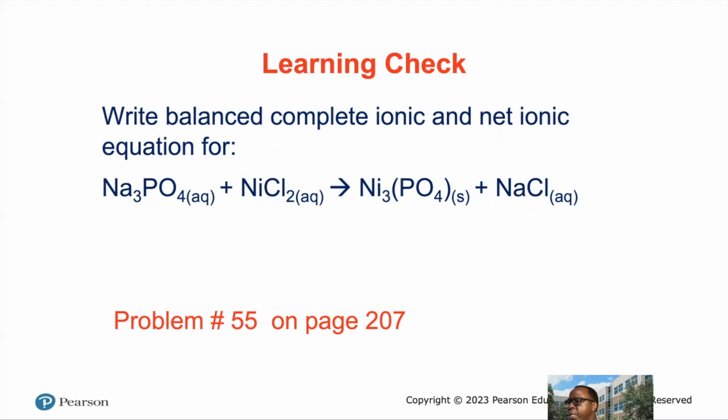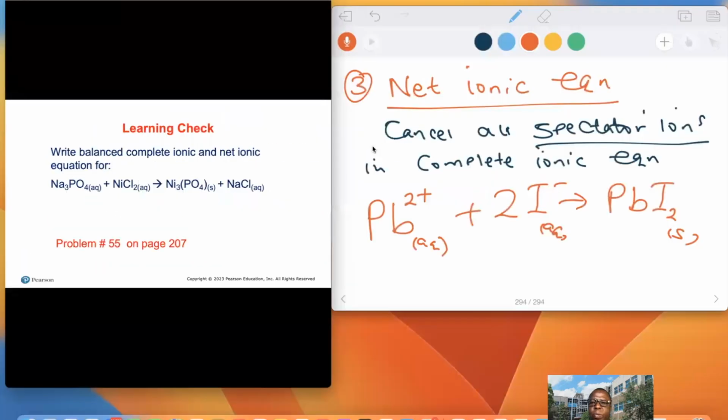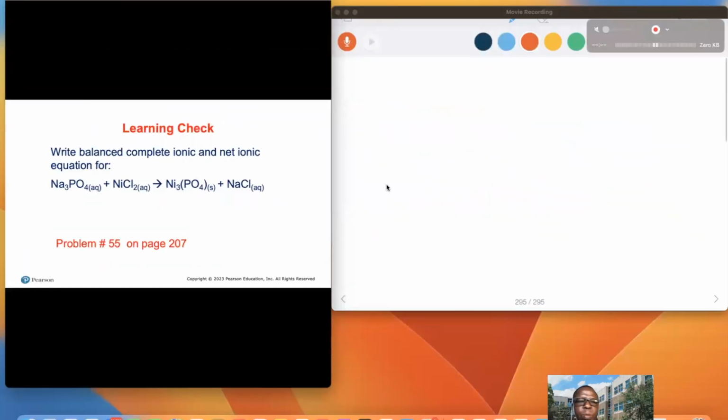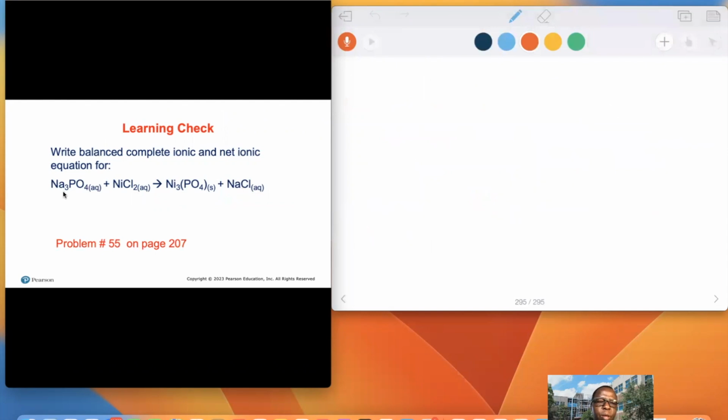If you look at the equation, it's not balanced. So you need to balance the equation first in order to write the balanced ionic equations. Let me just minimize this. I'll walk you through that. So if you look at the equation, it is